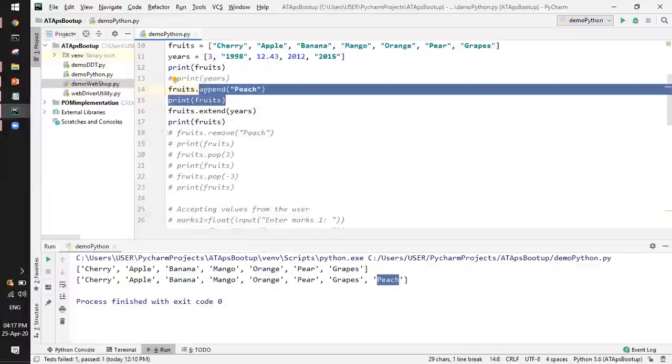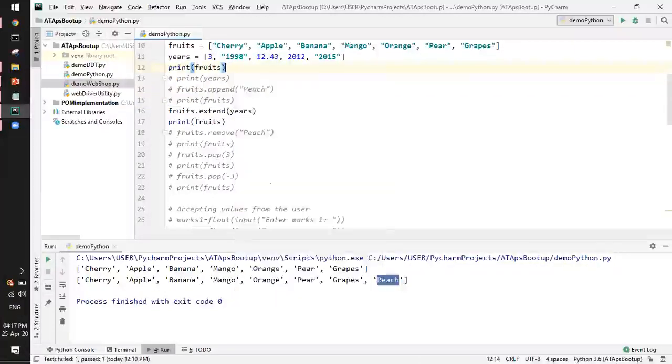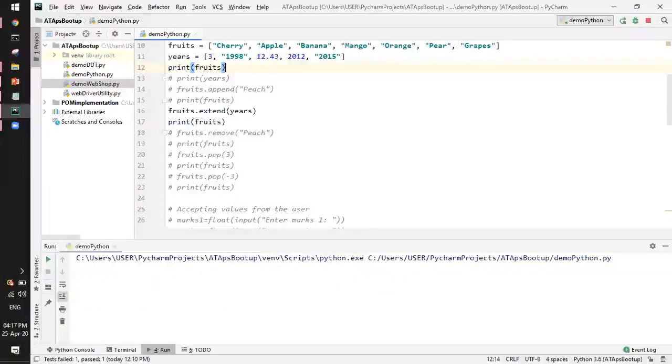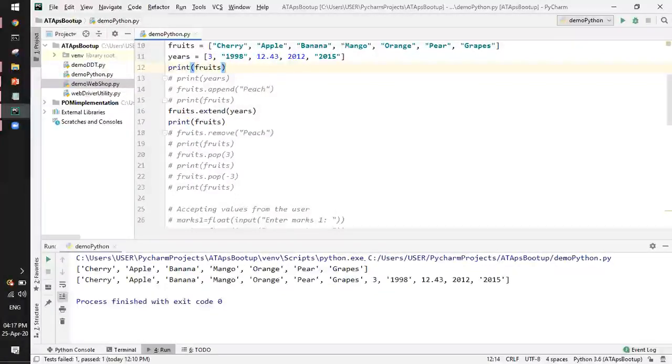So I won't append now, I'll just execute this to show you what happens. So earlier the fruits list had only its own values, but now it also has the other list's values. So that is another feature added in lists here in Python.